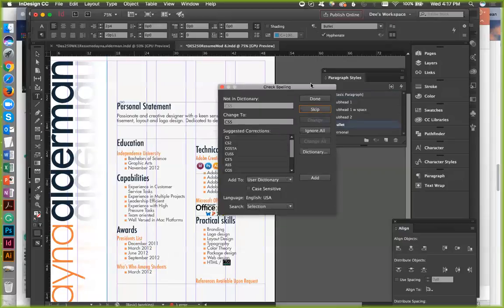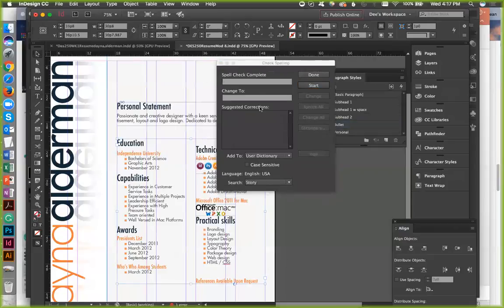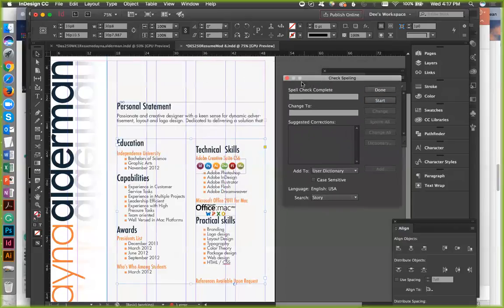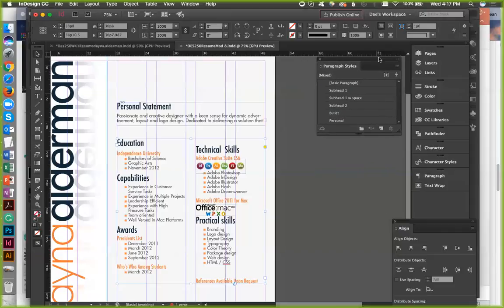This will allow you to go through and see. I'm going to skip that because that's CSS. It says that's the only one that was an issue. But if I have a duplicate, or words that mean one thing and you have another word in there that's spelled differently, you need to make sure of that, okay?